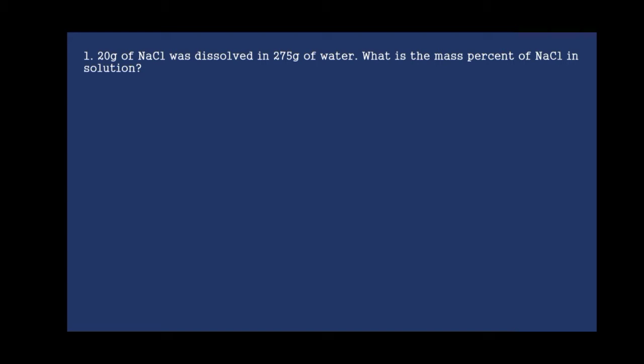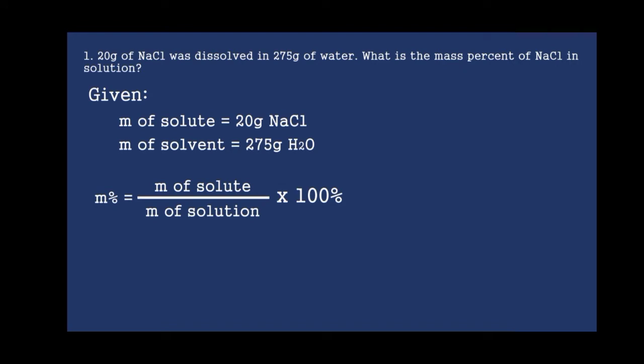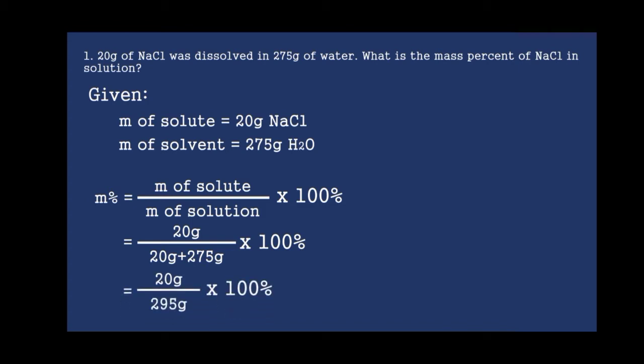What is the mass percent of salt in solution? The given are the mass of solute, which is 20 grams salt, and the mass of solvent, which is 275 grams water. So in order to solve this, the mass percentage is equal to mass of solute all over the mass of solution times 100%, which is equal to 20 grams all over 20 grams plus 275 grams times 100%, which is equal to 20 grams all over 295 grams times 100%, which is equal to 6.78%, and that is the mass percent of salt